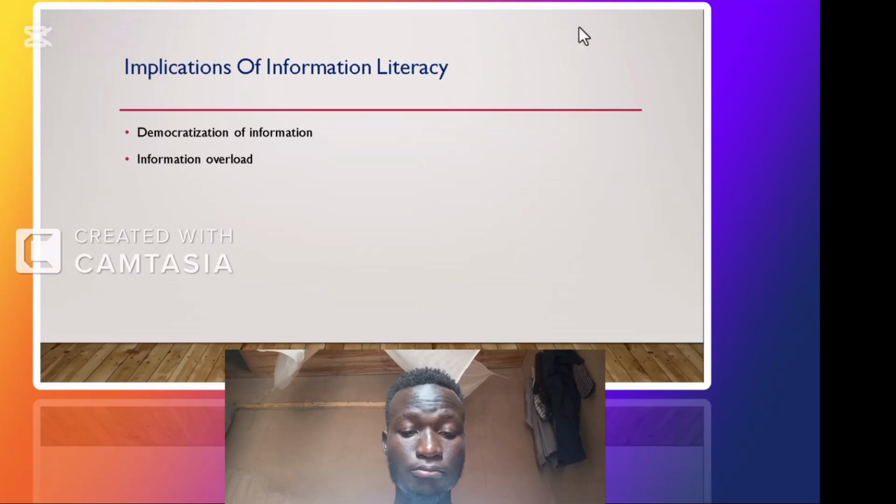One of the applications of information literacy is